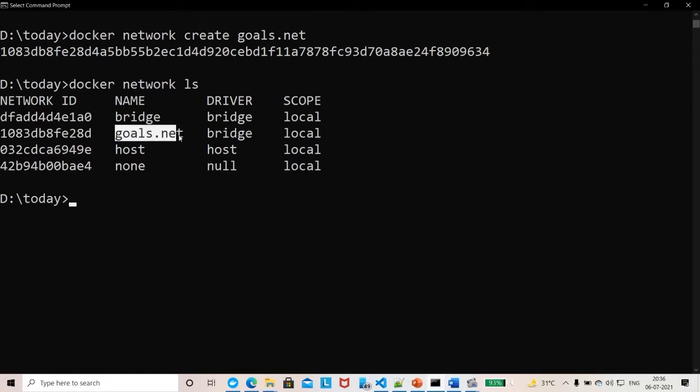Here we see the goals.net network. Now we will go to the code files and start containerization of the database as well as the other two.